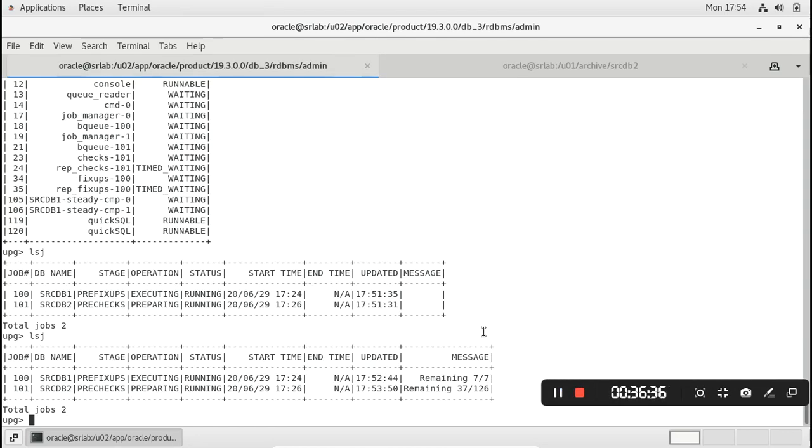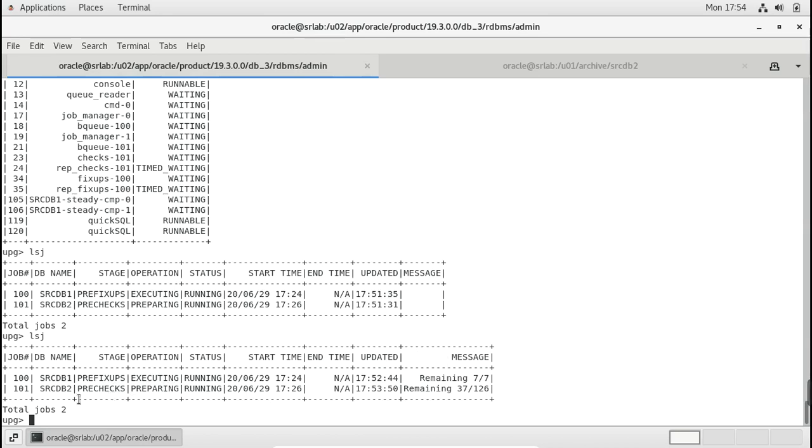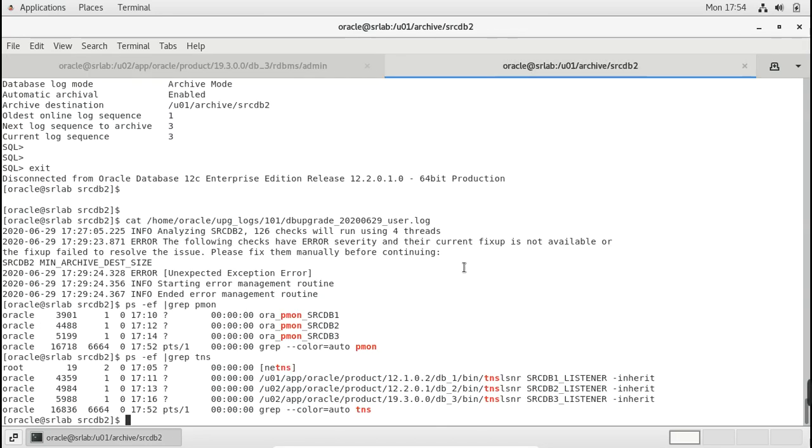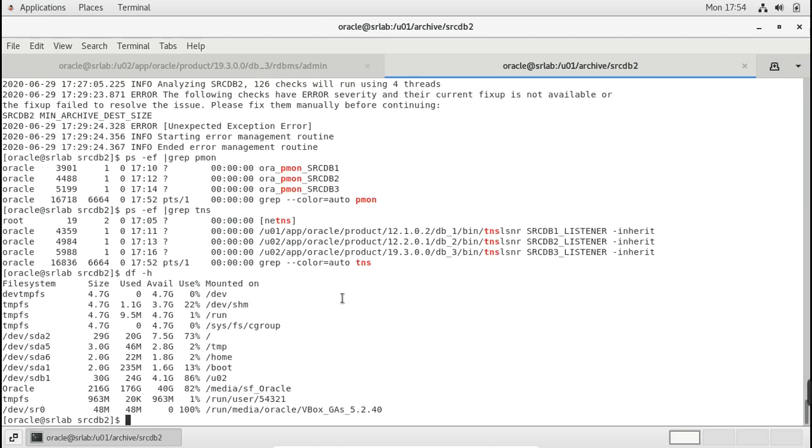After fixing, the two databases are now executing. Pre-checks are running on SRCDB1 and SRCDB2. What I fixed earlier: we didn't have space in that archival mount, it had only 4 GB.